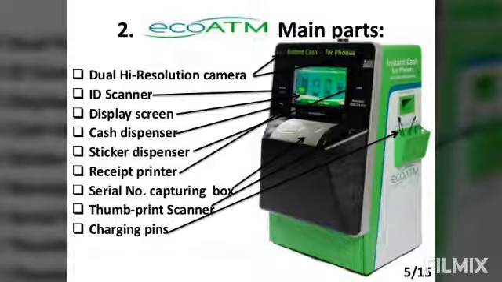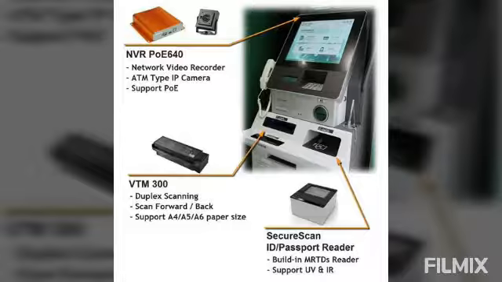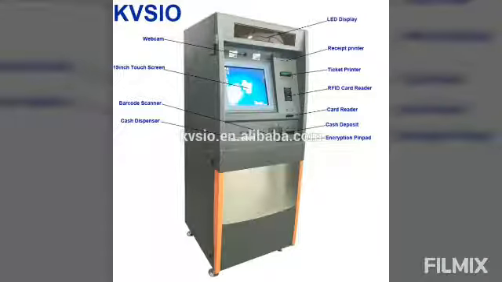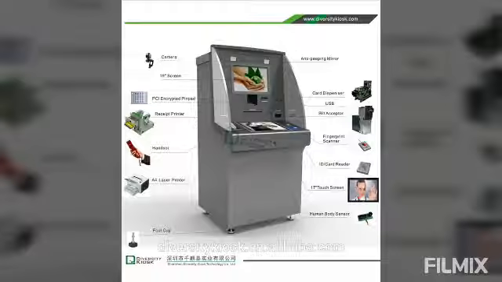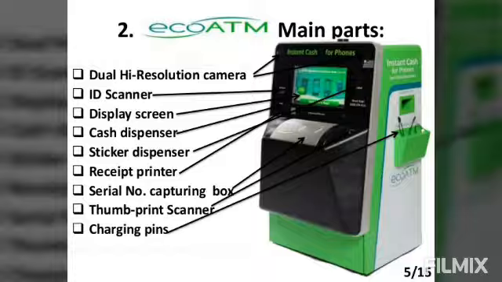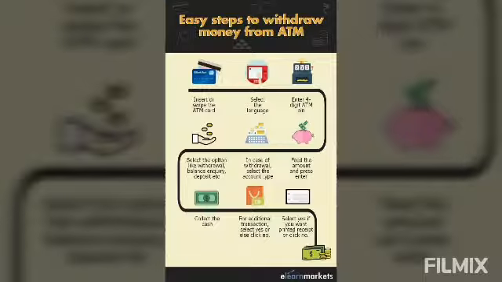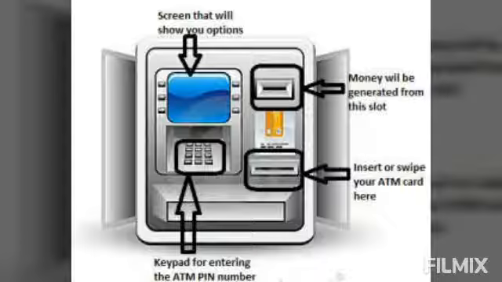Devices in ATM. Speaker. The speaker provides audio feedback when a particular key is pressed. Display screen. The display screen displays the transaction information. Each step of withdrawal is shown by the display screen. A CRT screen or LCD screen is used by most of the ATMs. Receipt printer. The receipt printer prints all the details regarding the withdrawal, and at the same time it also shows the balance of the account on the receipt.